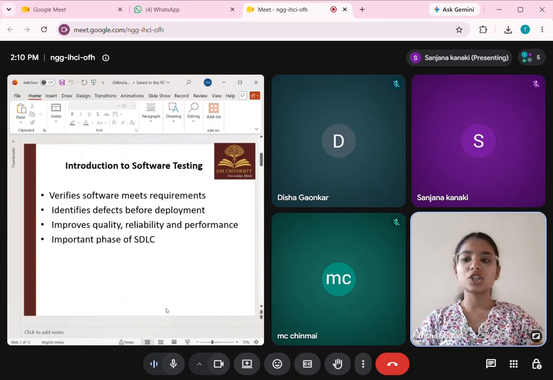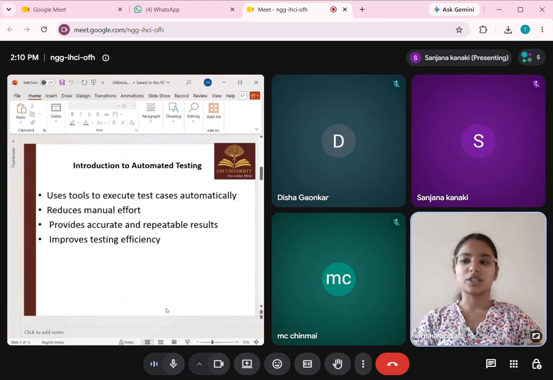Next is the introduction of automated testing. Automated testing is a technique where test cases are executed using software tools instead of manual effort. Here we have used Katalon Studio, a tool used for testing our application, GM Insta.